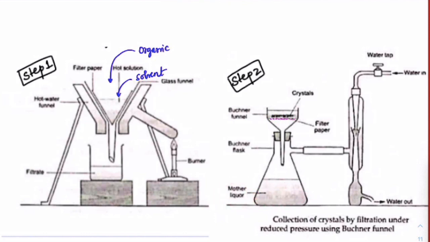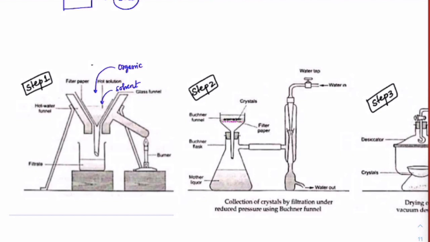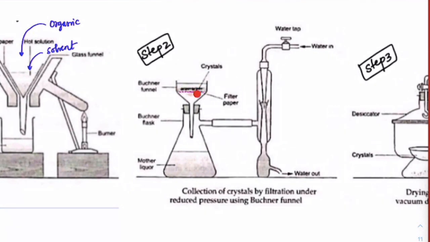The mother liquor is a combination of the solvent and some small part of the organic compound which is left over, plus some more impurities which are present. Got it? We use this mother liquor back into this filter and recycle it. Got it? This is how we'll start getting the crystals. Got it? Now, the crystals which we got may still be wet, no? Because it would still have that solvent on it.